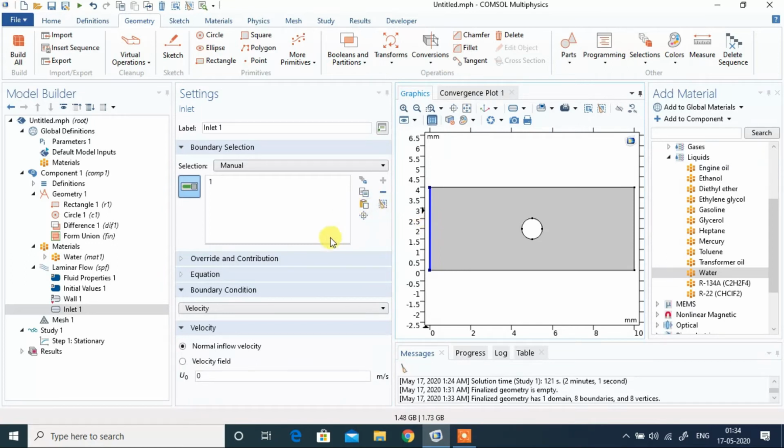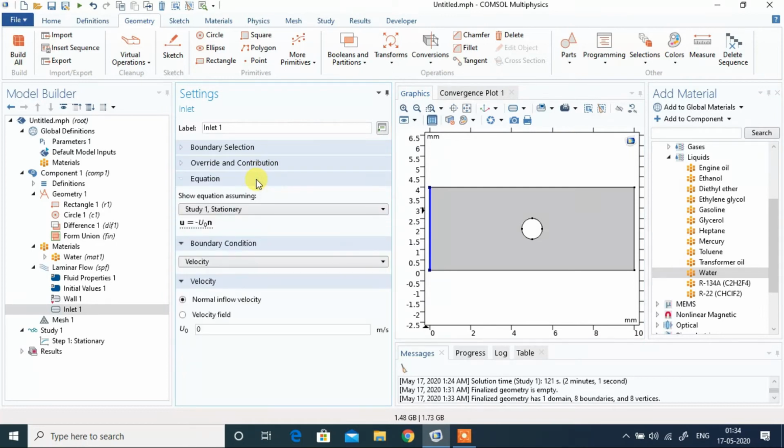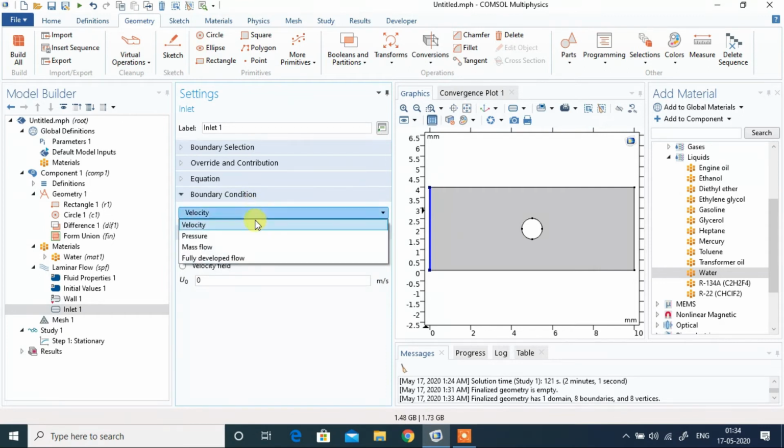Select this boundary. These are all right. Boundary condition: you can give pressure also, but here I am giving velocity. Let's give it a velocity of 0.05. That is 50 millimeters per second.